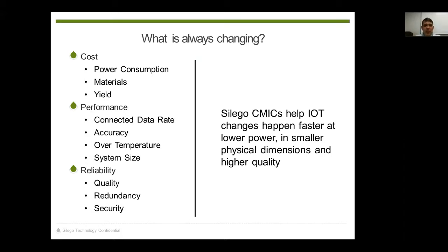So what is changing? So we know the problems and the things we need to address aren't really changing, but what is changing is our ability to address these problems. So we've come out with technologies that are a lot cheaper, power consumptions that are lower, better materials. The yields are continuously improved to drive our costs down. This cost being driven down has allowed us to measure more things, take more data. The performance has been greatly improved. Our data rates going from 0.1 to the gigahertz. Our accuracy is improved. Our over temperature performance is improved. The system size, what it takes to do things, is dramatically shrunk. The reliability is dramatically improved,